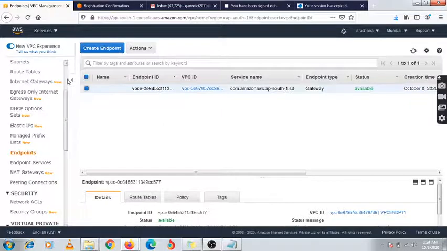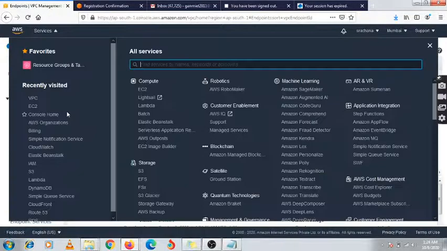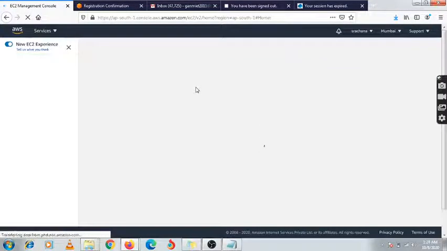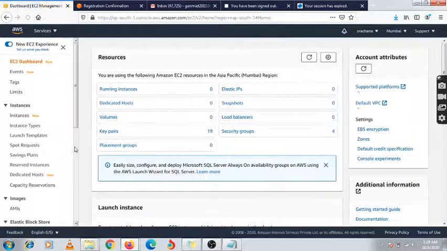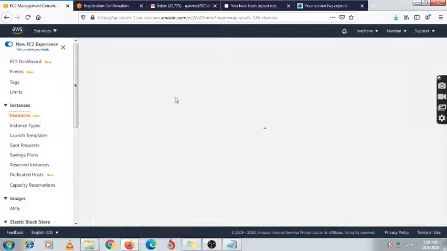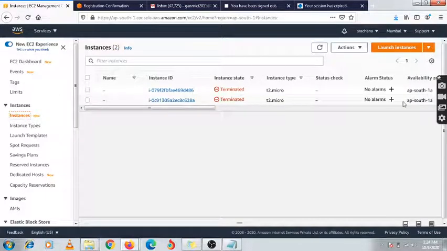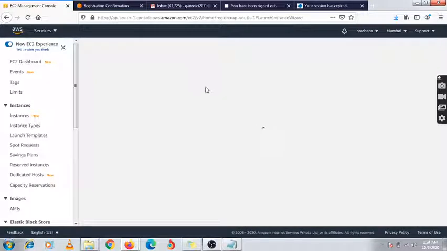Now I am going to create two EC2 instances. Going to launch it.